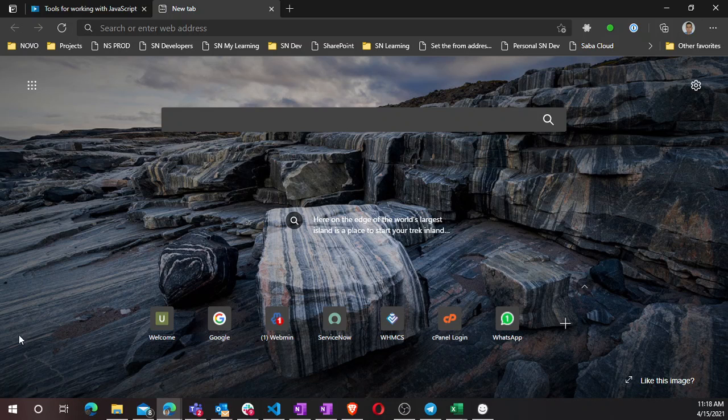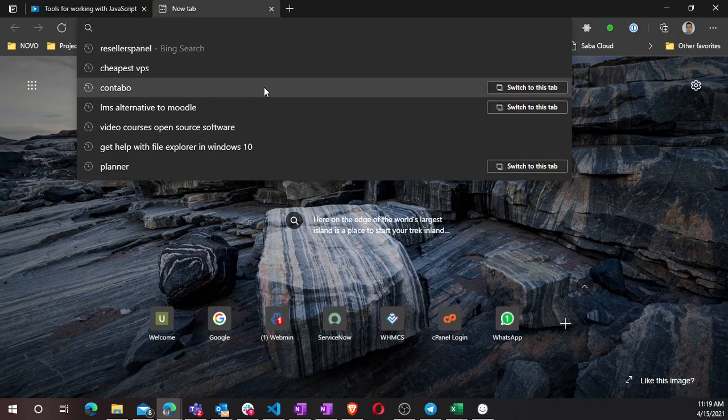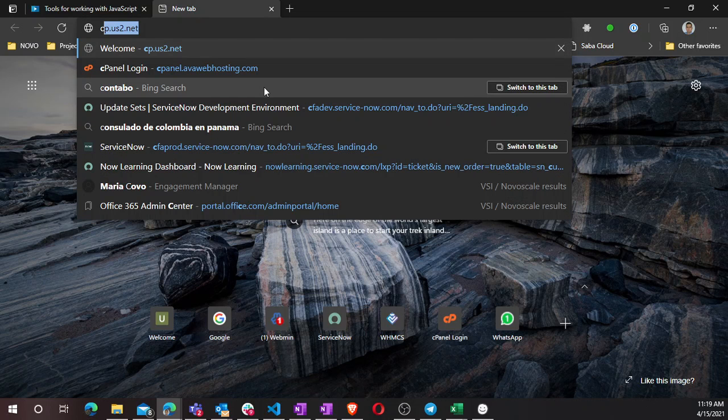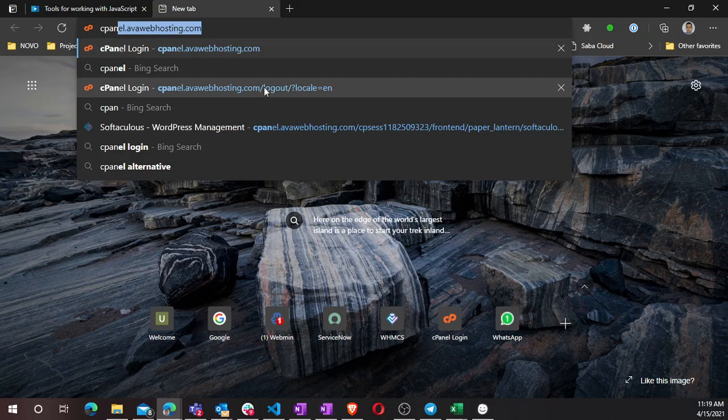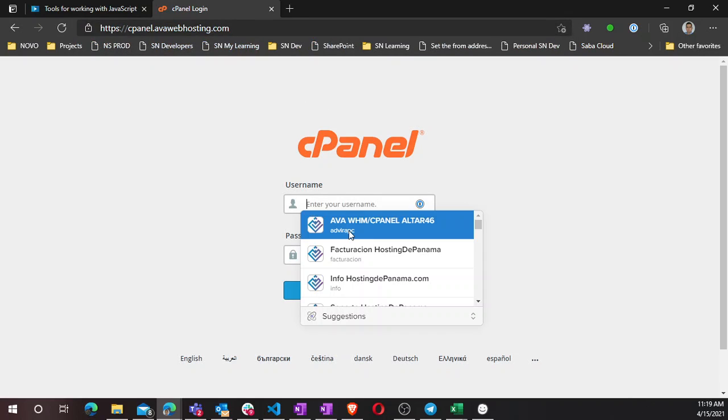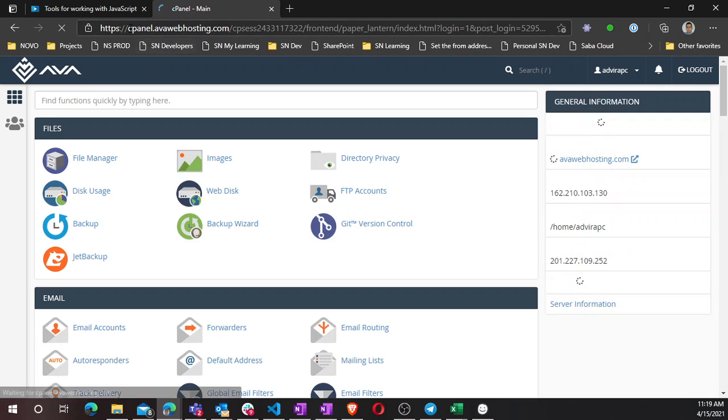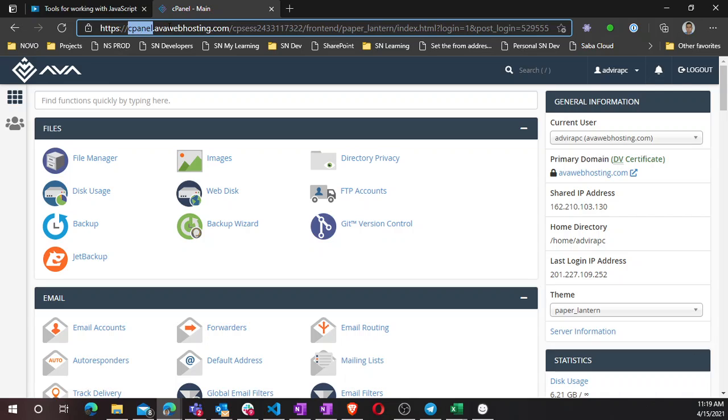Here are some instructions to install WordPress using Softaculous on cPanel. First of all, you have to go to your cPanel installation and log in. Normally that's just cPanel and then your domain. Of course, you need to have your user and your password to log in. Once you've logged in to your cPanel installation, you can proceed and type in the search box